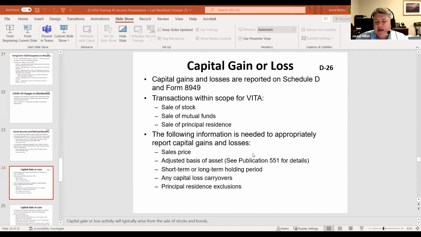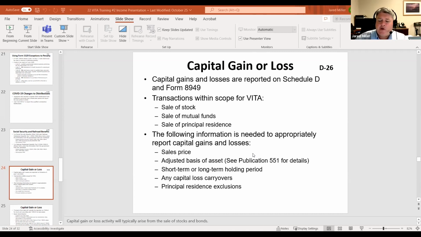With the capital loss carryover, you're able to use up to $3,000 in excess losses each year against ordinary income. So if you have a $10,000 loss in 2021, you can take $3,000 of that loss in that year. The next year, you have $7,000 of loss carryover, which can be used to offset capital gains. Or if you don't have any capital gains, we can use another $3,000 in the current year, and the remaining amount, the $4,000, will carry over to the following year.